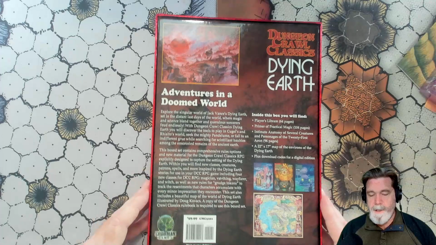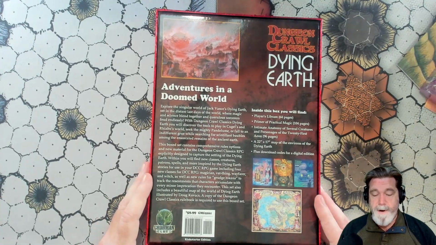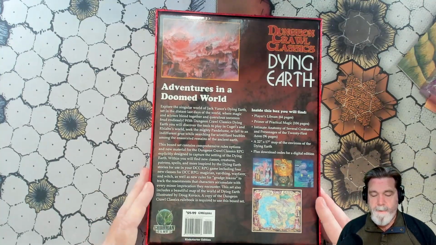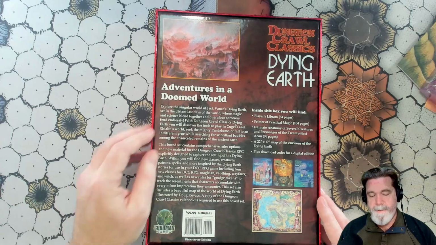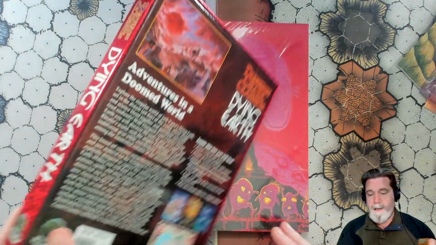So what do you get? You get the Player's Librum, 64 pages. You get the Primer of Practical Magic, 104 pages. Intimate Anatomy of Several Creatures and Personages of the 21st Aeon, 96. A 22 by 17 map of the environs, and downloadable codes for all the digital content, which I am hiding